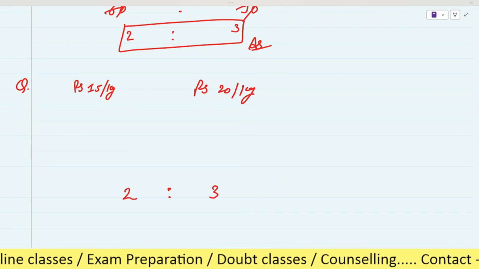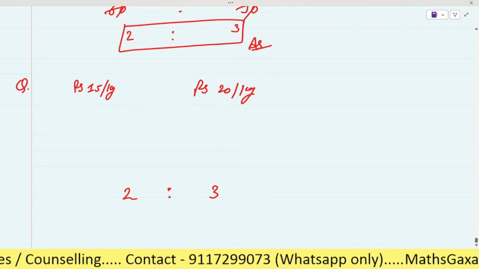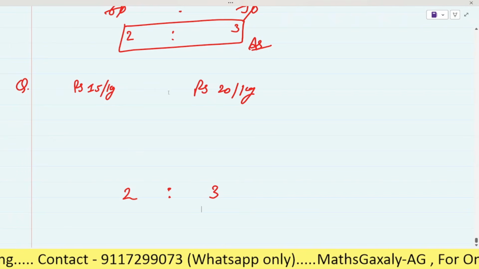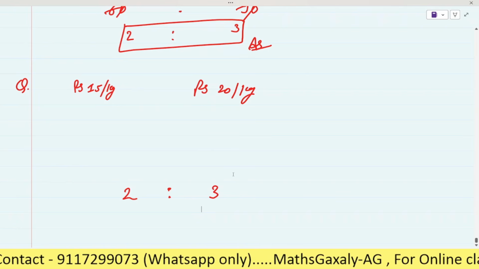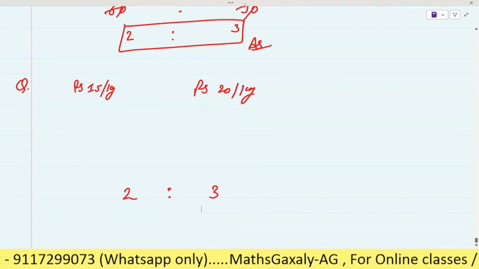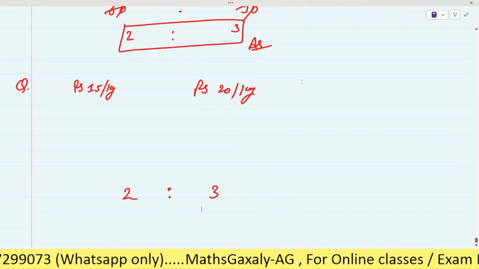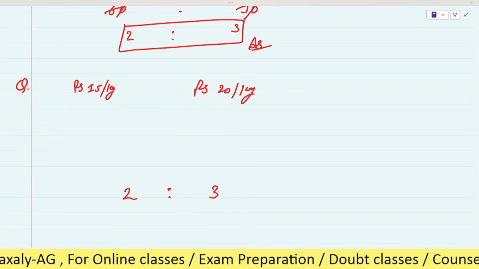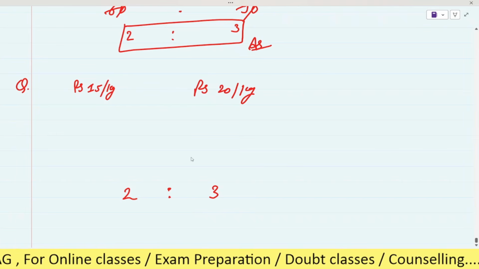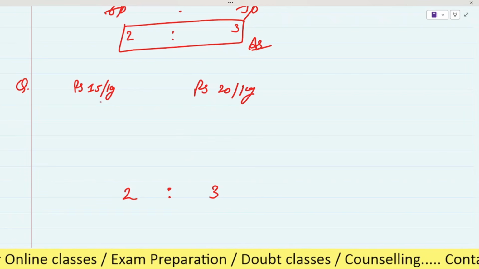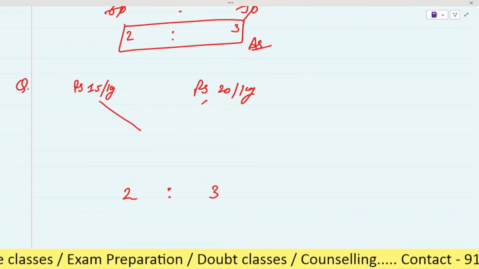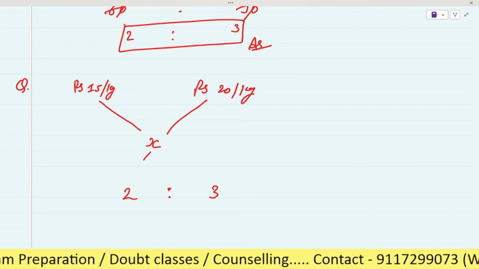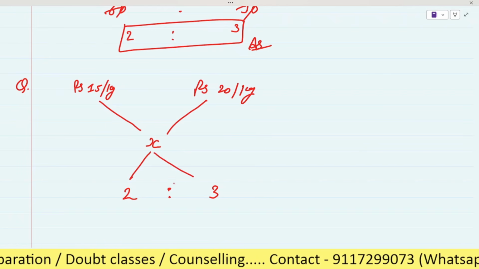Yes, please do it. Yes, Radha. So I got 18 rupees. Yes, very good. So, how did you solve it? Sir, like that 15, 20, sugar 1, sugar 2, then both mixed. Very good. And then we have to apply the concept of mixture, right? As here we are mixing these two, the price of the mixture we will let be x, and the ratio we get is 2 is to 3.